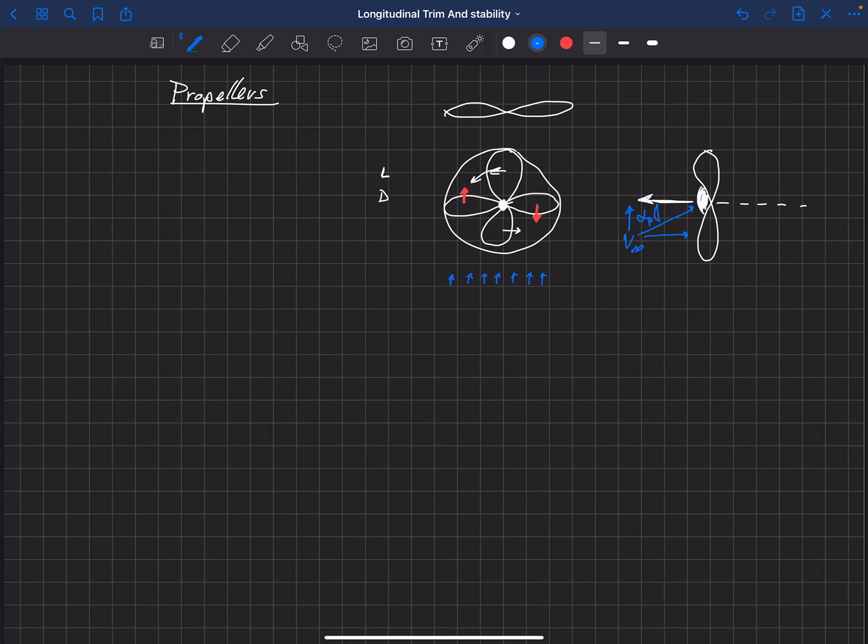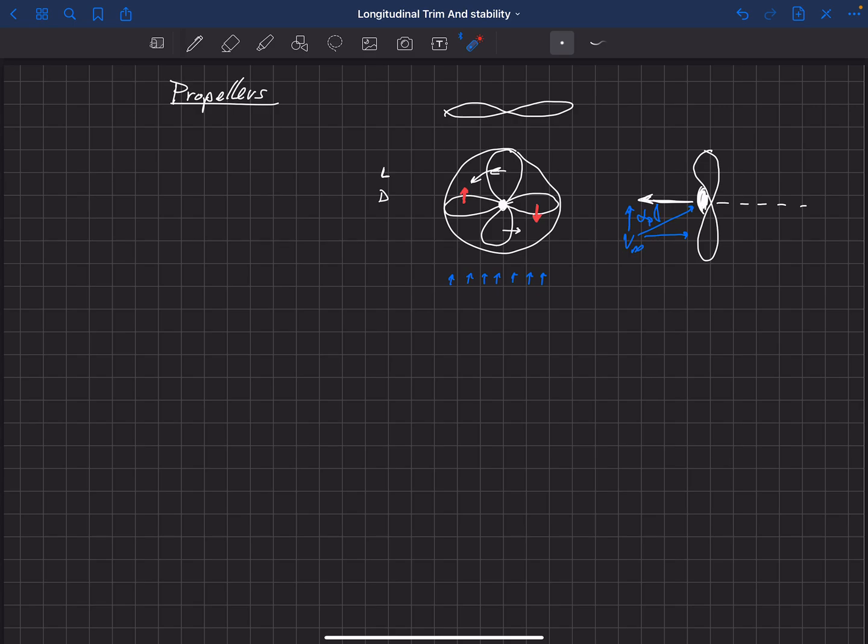So because of that normal component of velocity, the velocity that this blade sees is actually larger as it's coming around here. This blade is going to see a larger velocity because it not only has its angular rate velocity along here, but it's also adding this component to it. Okay, so it's seeing a larger velocity than it did with the red arrows, where the free stream velocity was right along the axis of the aircraft. So we have a larger velocity, and that means our drag increases.